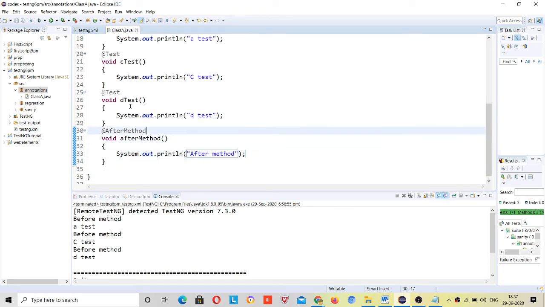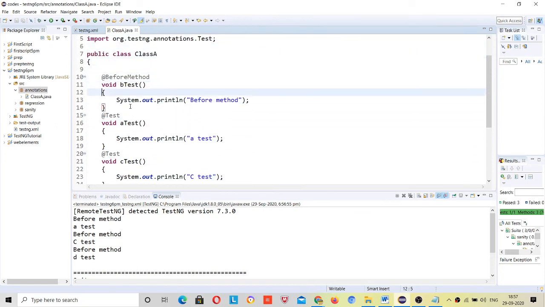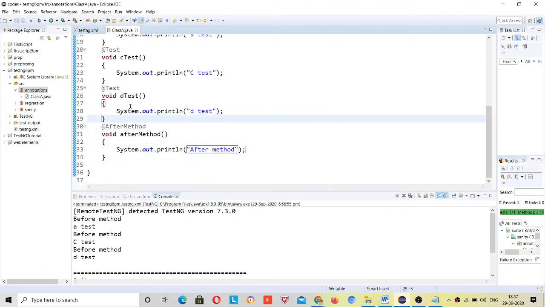Right? Same as before method, after method also works, but the difference is this after method runs after running the method, right.